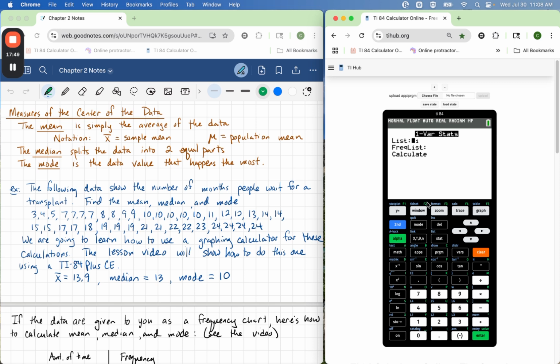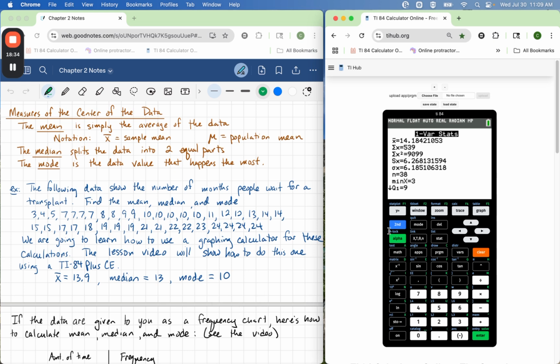If you entered it as a frequency distribution, like we could have said, okay, the data value is 3, and then in L2 I could have entered a 1 because 3 only happened once. 7, I would have put 7, and then over in L2, I would have put 4 because it happened 4 times. So if you enter the data like that, you would need to put a freq list in. We did not, though. We just entered them each one at a time. So list L1, freq list I'm going to leave empty, and then calculate, I hit enter on, and there are your 1 var stats. So obviously, we did something wrong here, because it does not look like I got 13.9